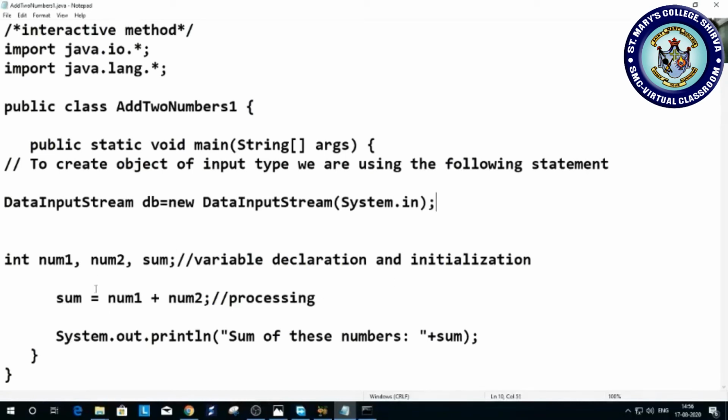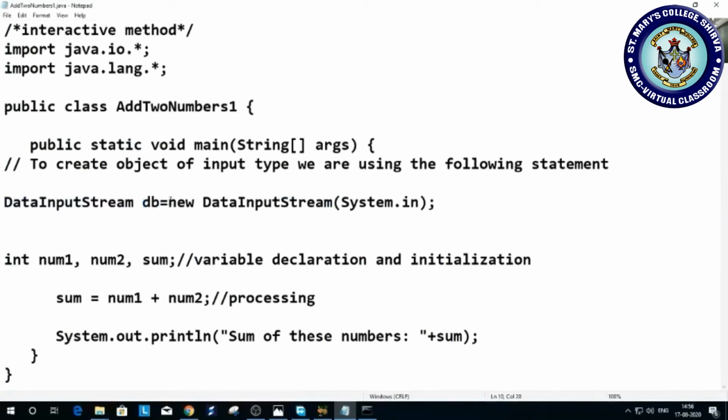If you observe here, DataInputStream is the input class. For this input class, db is the name of the object. If you are using the keyword new, it means you are creating an object of the class. Are you clear? DataInputStream is the name of the input class. For this class you are creating the object named db.